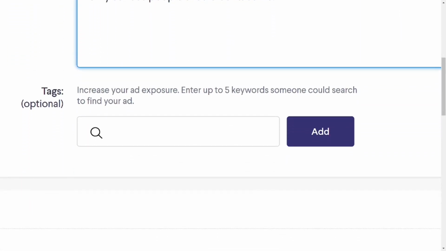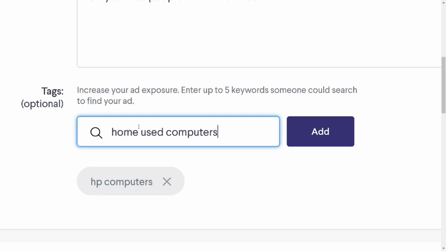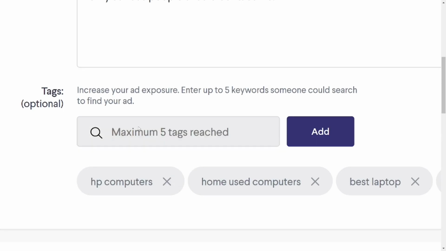The next thing is the tags. It is very important. The tags are the keywords that people will go to the platform and then search for. So people search for these tags. We are expecting that my laptop will come. So what do you think people go to the platform and then search for? Those are the tags that you have to put here. At least you have to select 5 of them. After selecting the tags and adding as many as you can, not more than 5,